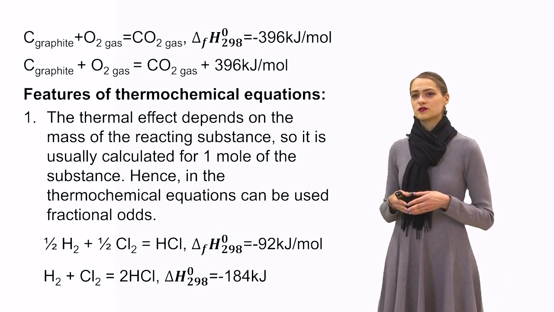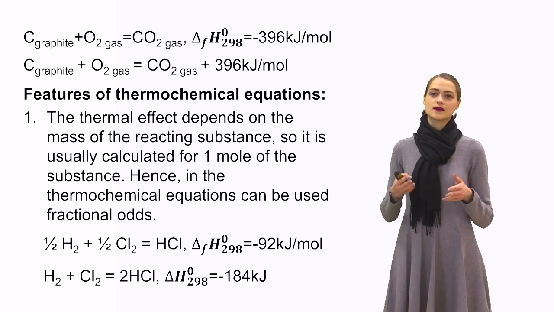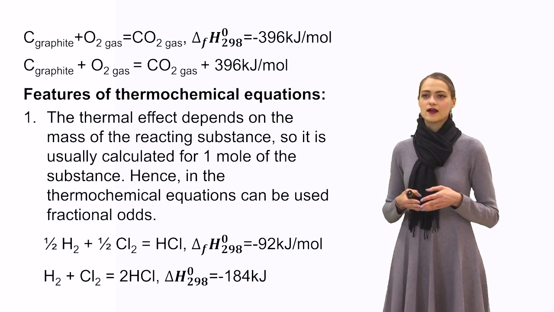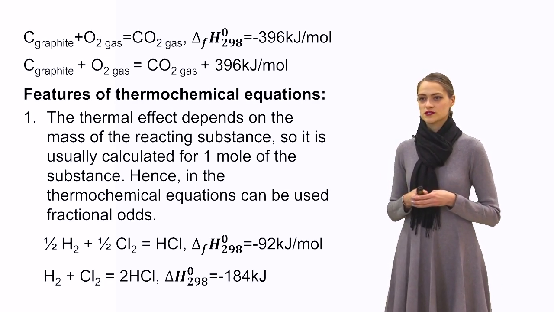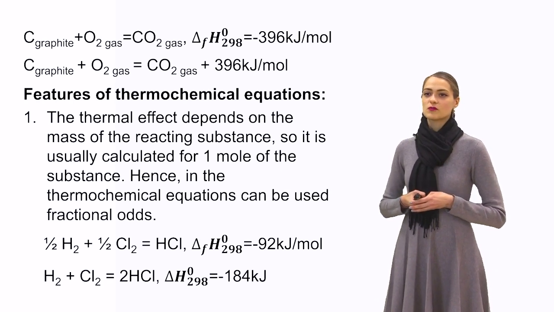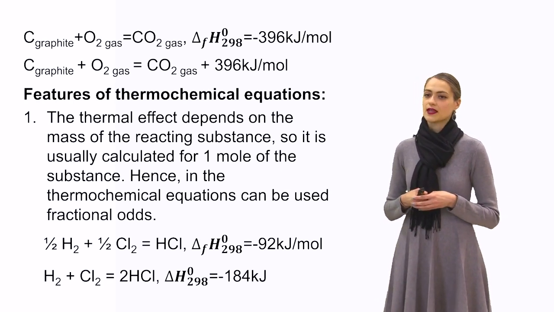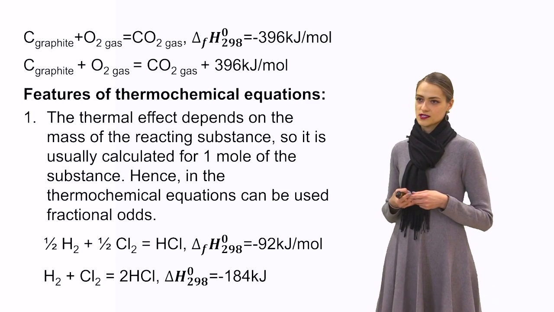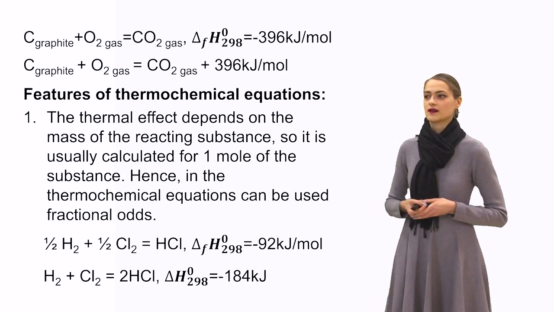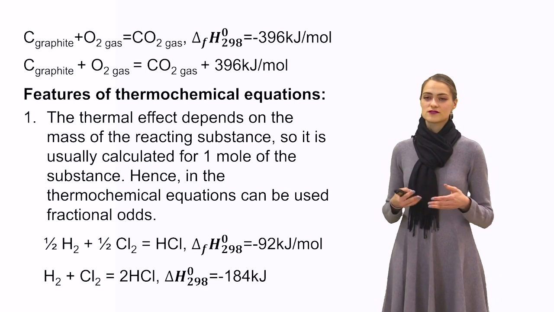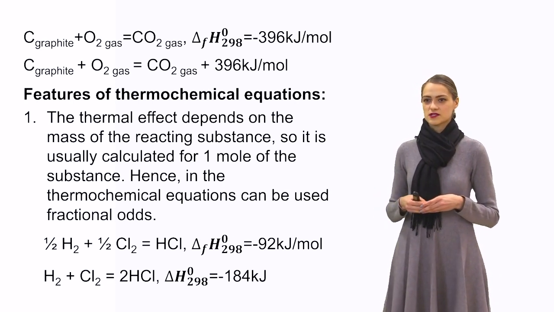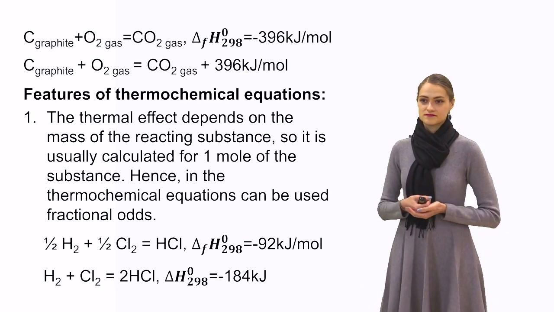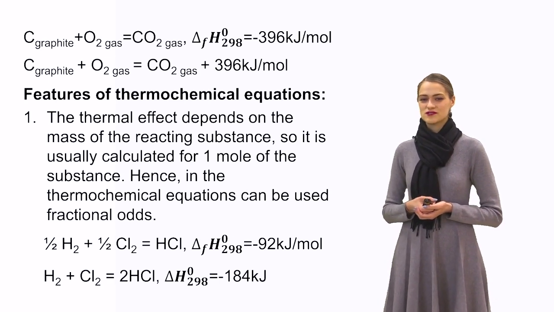For a thermochemical equation, we use several features. First, I said that thermal effect depends on the mass of reactants, of all components in our process, and we usually calculate thermal effect just for 1 mole of substance. That's why in a thermochemical equation we can use fractional coefficients. Of course, in school sometimes we used to write whole numbers, and sometimes we think if we write fractional coefficients, we have a mistake in this case. Yes, that's true, but we don't deal with that in